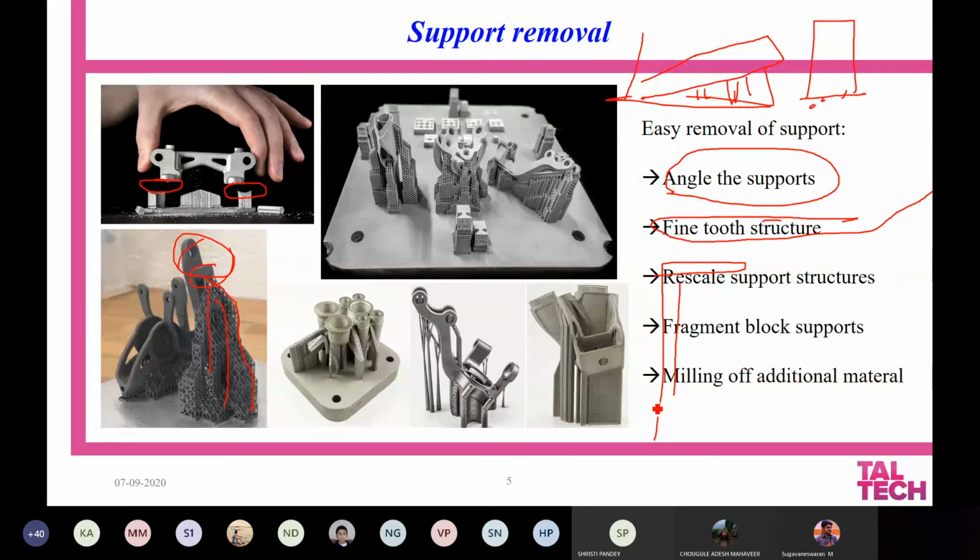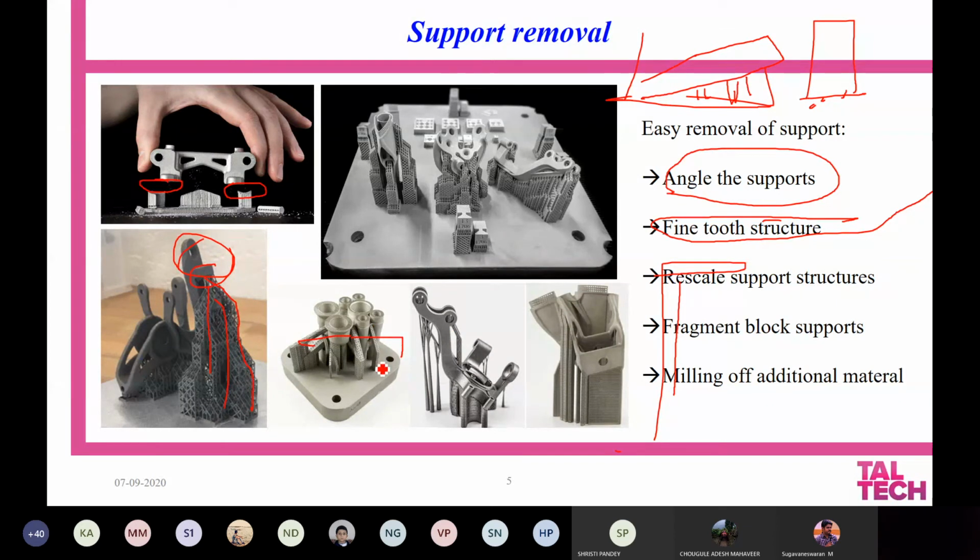So if you see here, there are some kind of block supports. If you see a block support, you try to either bypass the material on the left or the right, depending on the direction in which you wish to go, and then you will have the supports extended either on the left or right. You also try to make sure that you don't have a lot of supports adjacent to each other.